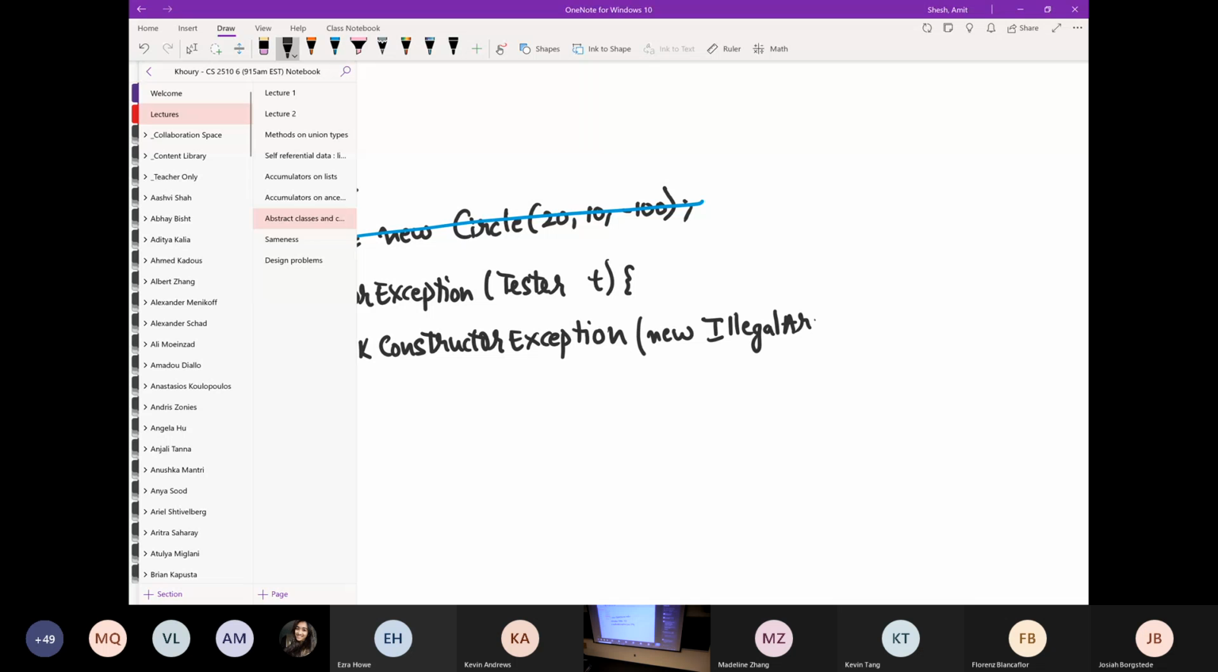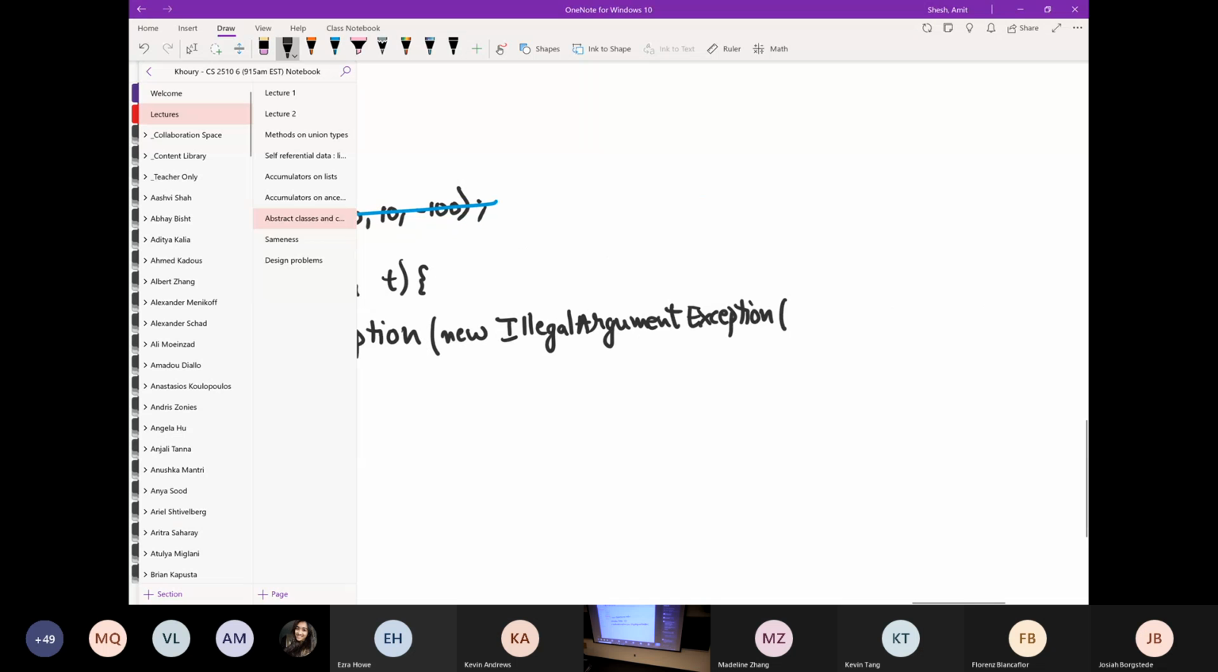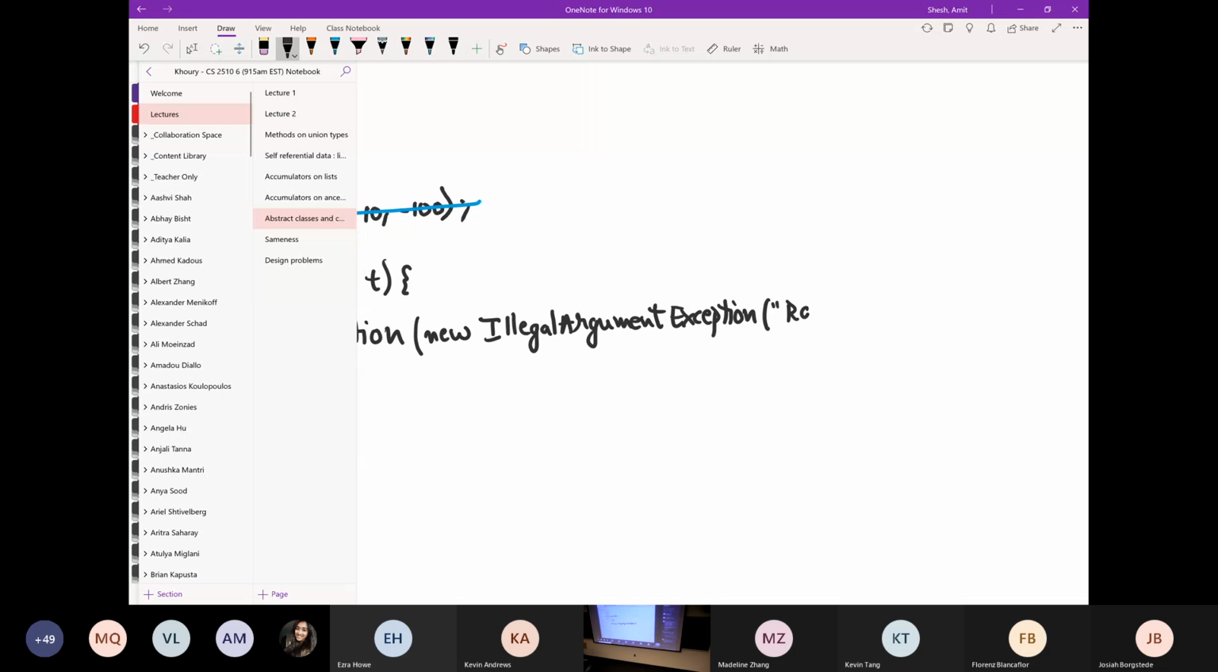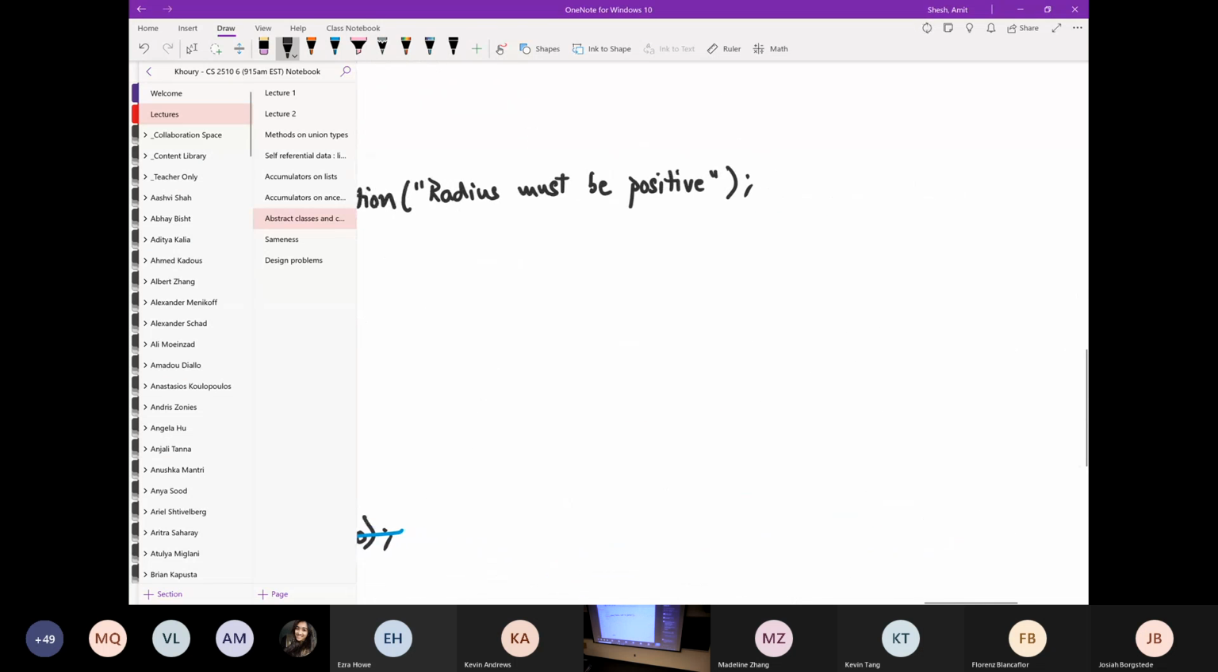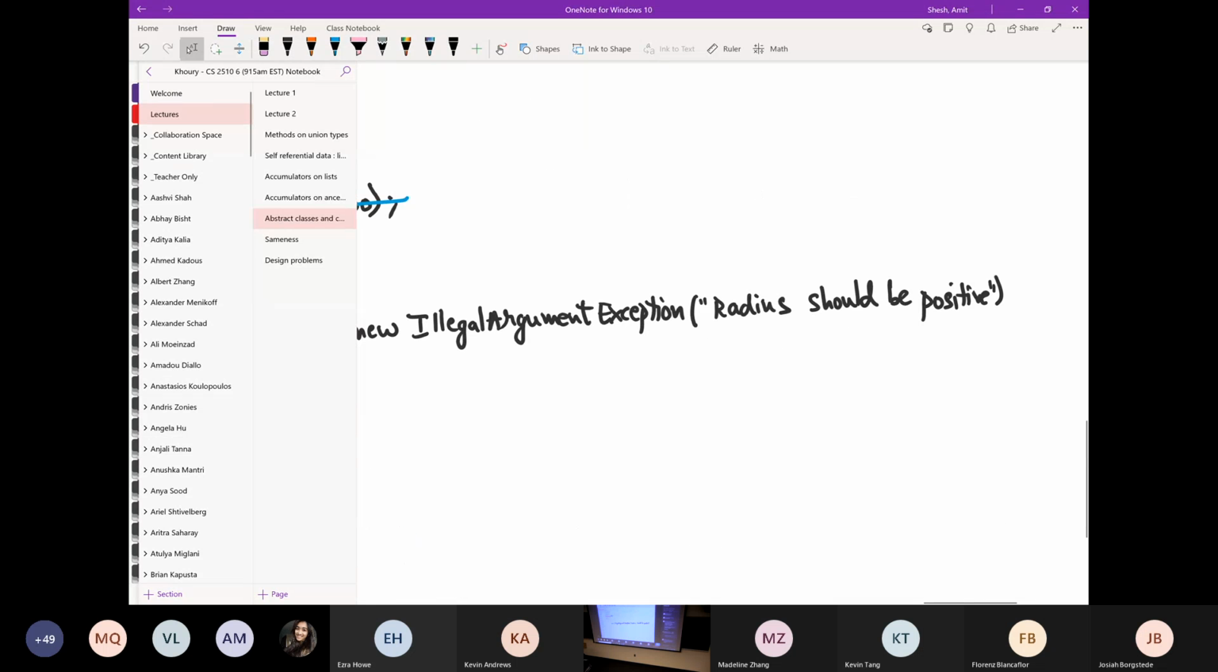So here you would say, well, I expect an illegal argument exception with the message radius should be positive. Okay, let me make sure that's the message. Oh, must. Okay, so the expected message should be must. Okay,